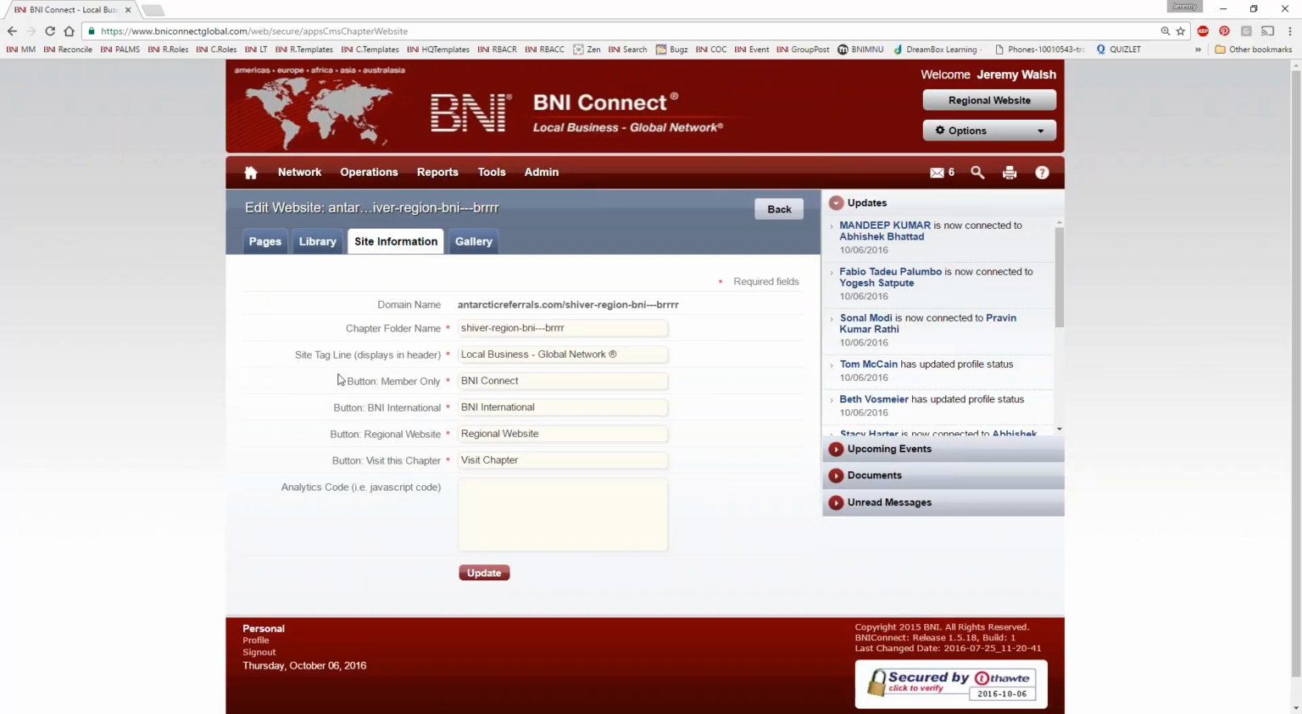All right, so the next tab over is the site information. There's really not too much to do on this page, but just one really important thing on this page for us to look at. Right here we have the chapter folder name. And the chapter folder name is essentially the URL for your site. So right now it shows you here what the domain name is. So if I wanted to tell somebody to go to this website, I would tell them, okay, just go to